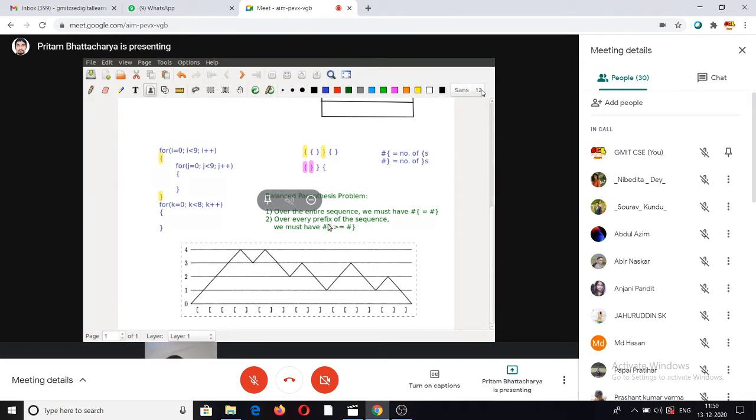On the other hand, because every prefix must have the number of opening parentheses greater than or equal to the number of closing parentheses, this line must always, it can never go below the x-axis. It might touch the x-axis